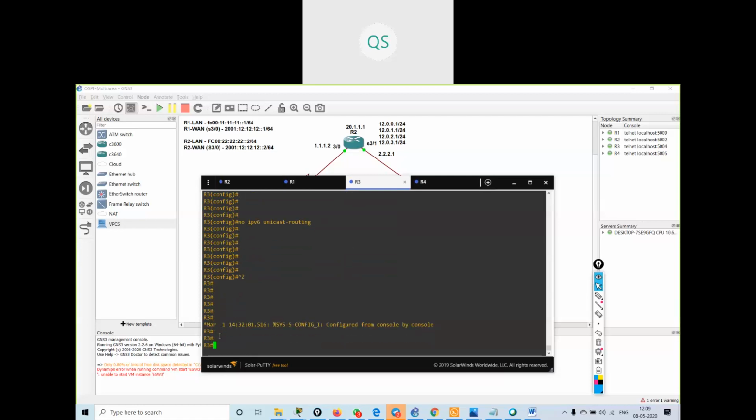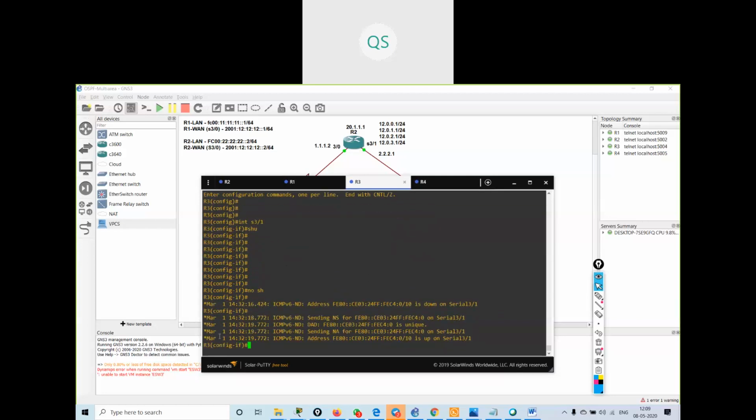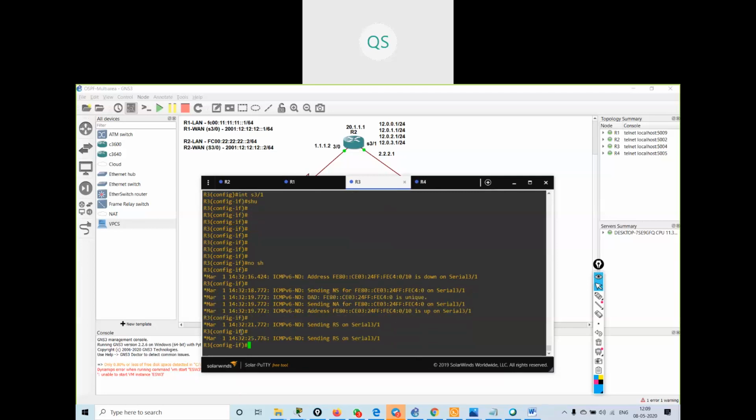Now again I will go inside the interface and say shut, no shut. See, I am getting the reply now. You can see I am getting the configuration. Now I got an IP address.